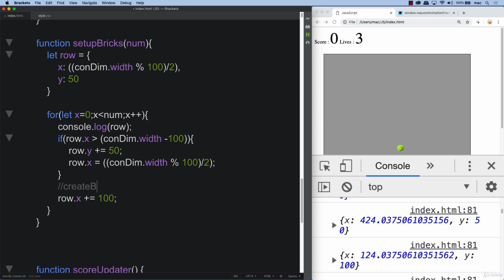So we're ready to actually create the bricks, and I'll show you how to do that in the upcoming lesson. So we'll create a function in order to do that. So create brick. It's only going to create the one brick, and it's going to take the row position, so the X and Y, so it's going to know where to set the top and left style properties for that particular element. So that's coming up in the next lesson. We're going to create the bricks. So for now,